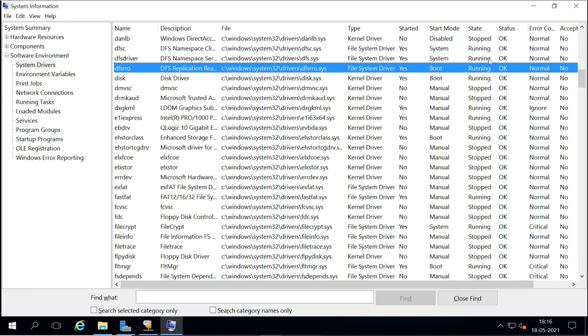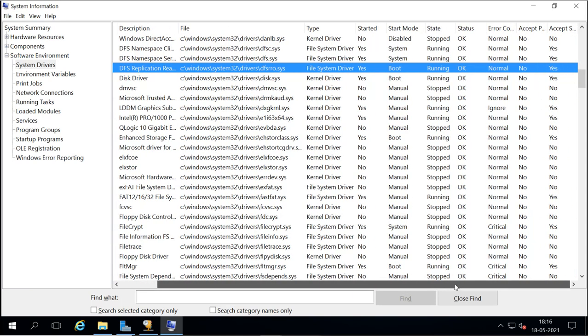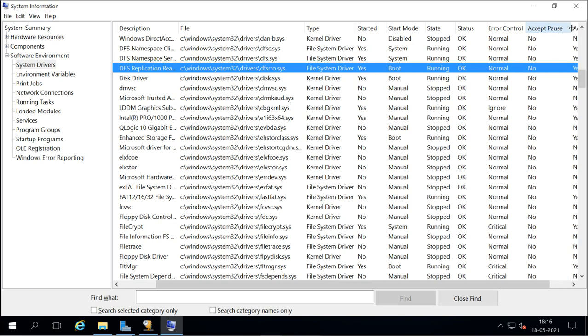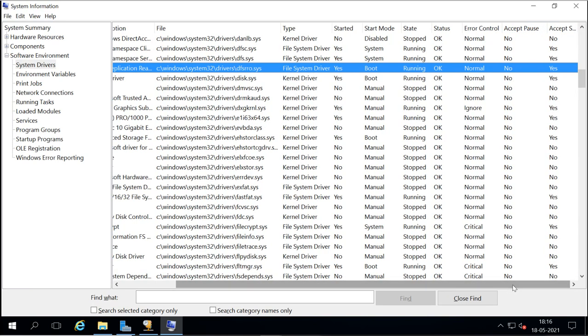Status of the driver: is it okay or corrupted. Error control is normal. Accept pause: that means if you try to pause this driver, whether it accepts the pause or not, or accepts the shutdown.